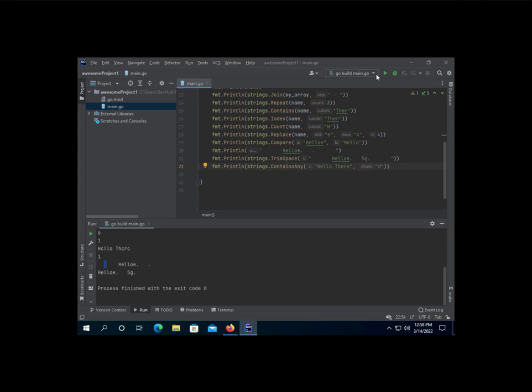Let's run it again. See, false, because there is no D in hello there. Let's put space in T. Remember, I told you space is also a character because these are case sensitive. See, it says true. If we also put just T, it's gonna say true. This is almost similar to contains. If we also put there th,